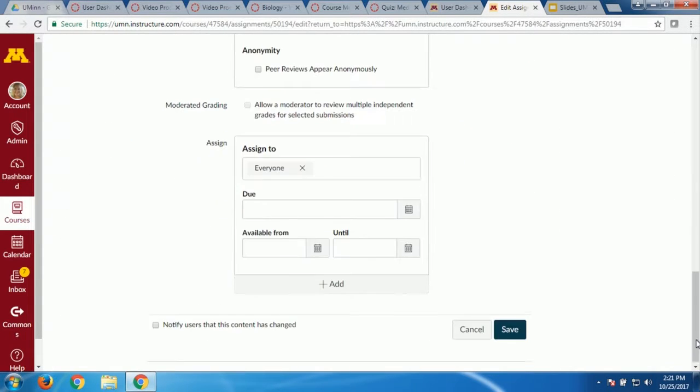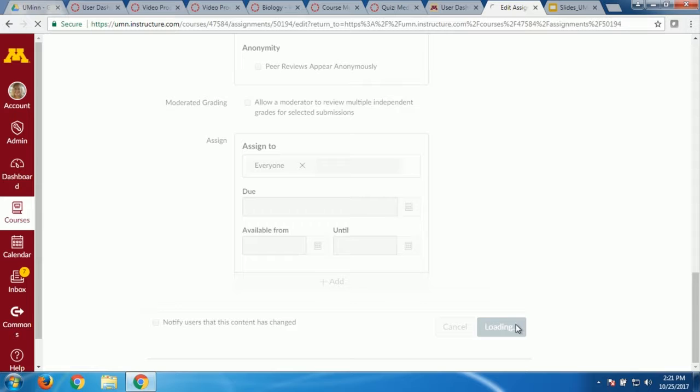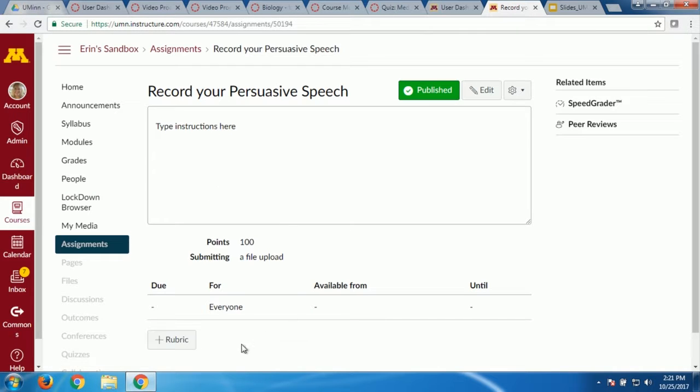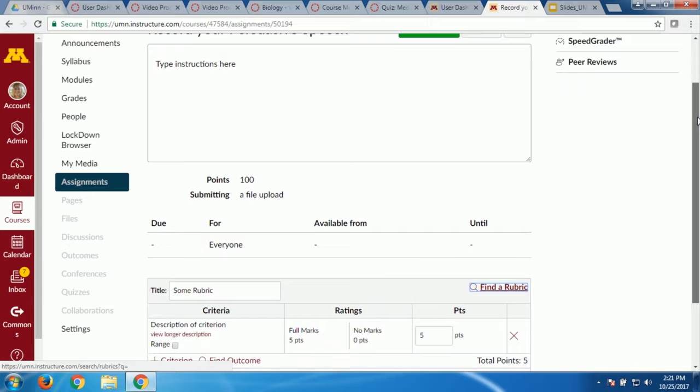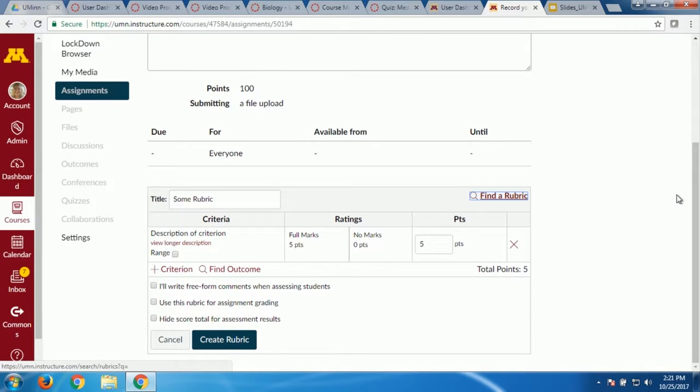All right, let's talk about rubrics. I'm going to go down to save this again. This is a terrible assignment. We keep messing this one up. Here's that plus rubric. As soon as you build your assignment, there's the plus rubric button. And then after I show rubrics, I'll give us a time again for questions about that.